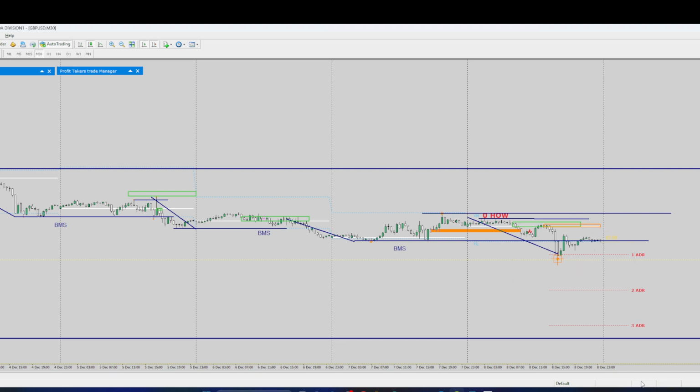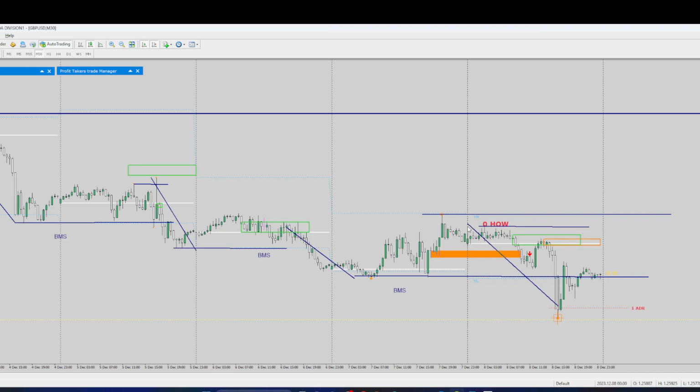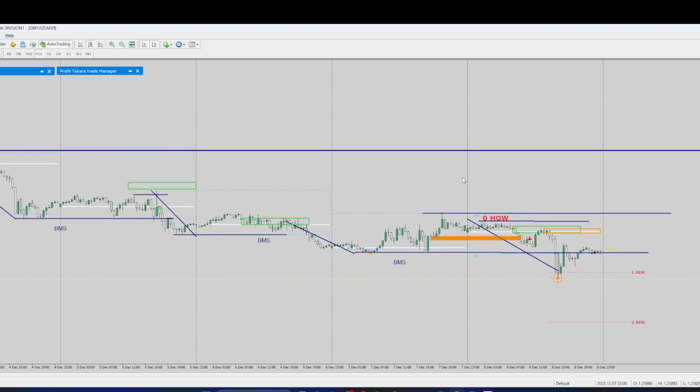So that's why I'm expecting GU to continue to be short, because we got this reset on Friday where we see that price did not break the high. It continued to drop lower. Now we have a new low in the market right here. And all we're looking for, guys,